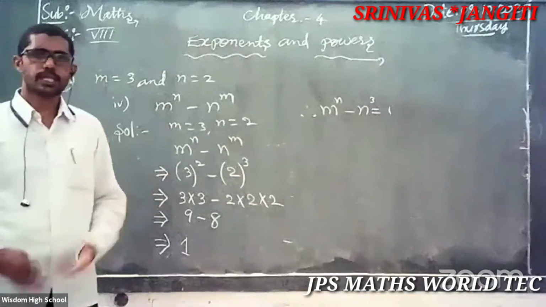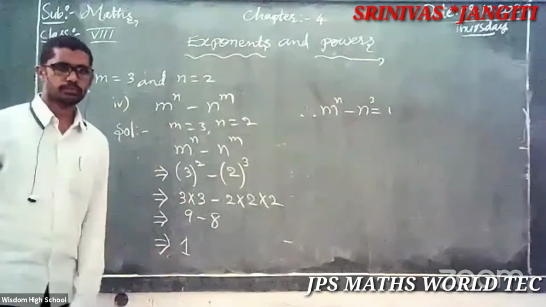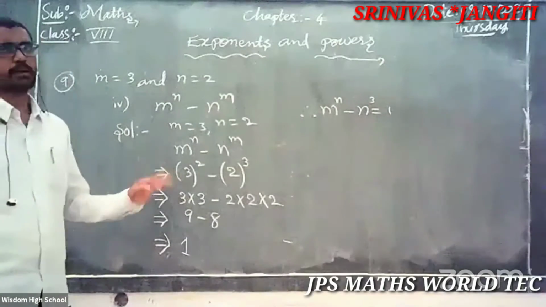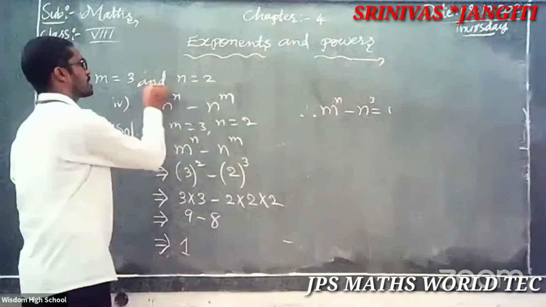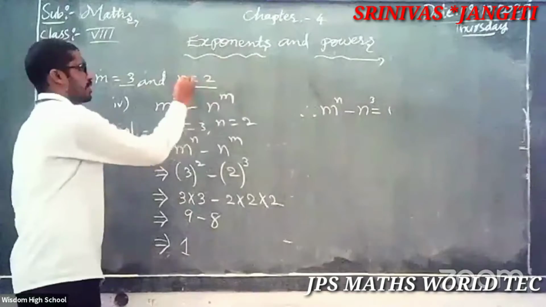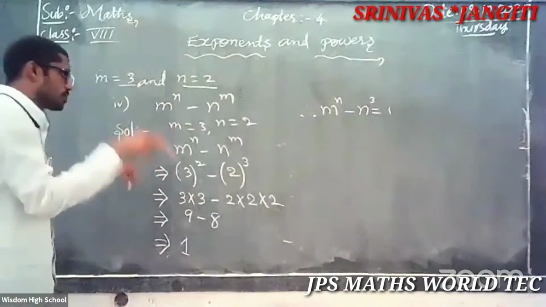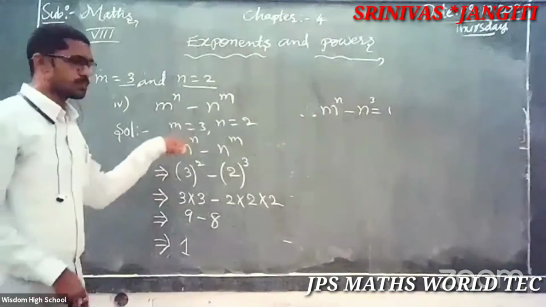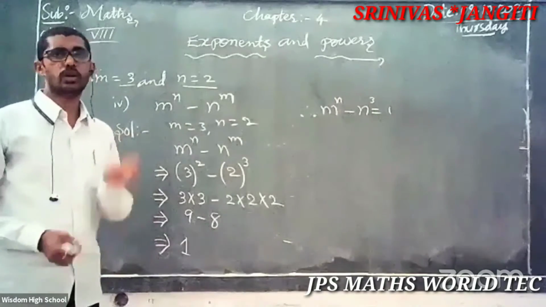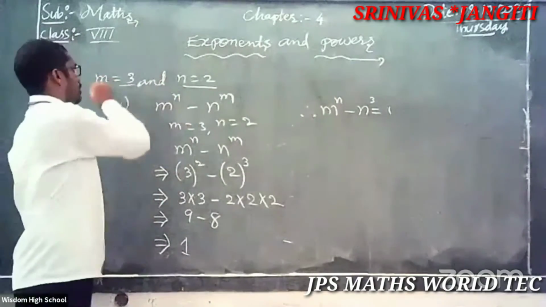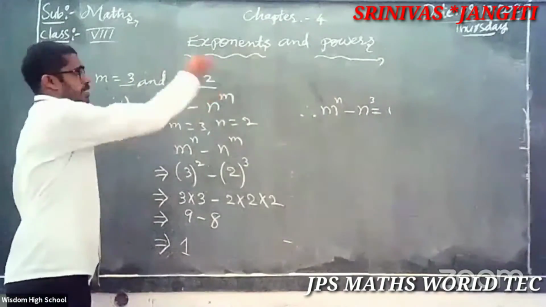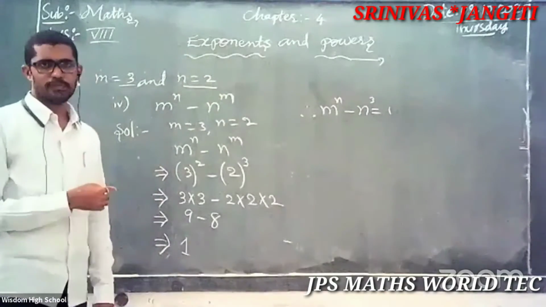So simple. Easy enough. Come on, note down. These problems all depend on this. What is the value of m? What is the value of n? You will know, just substitute the values into the problem. Not only this problem, for any problem given, first you focus on what is m and what is n. Okay, is it clear?